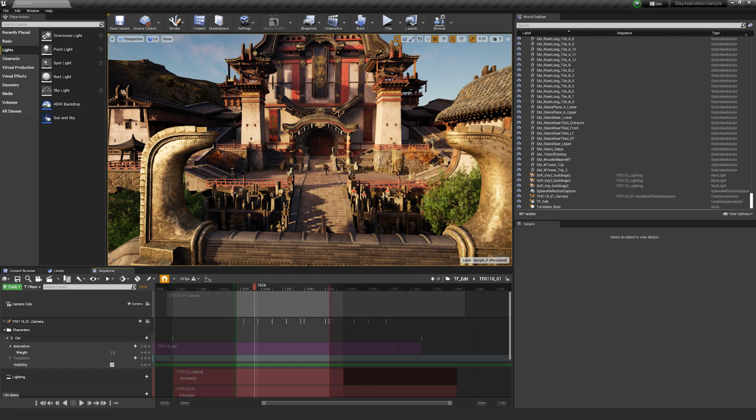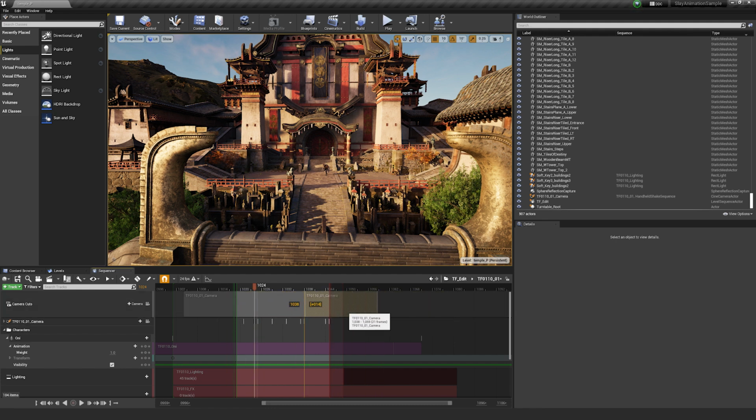What we're going to do is squeeze them in. We're going to grab the right side and move it in over here, just to show you what I mean by having a different camera cut. Then we're going to left click on the TF camera cut that I have highlighted, and hit Control W.